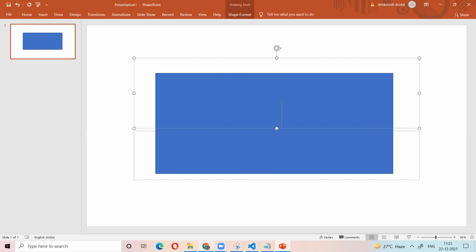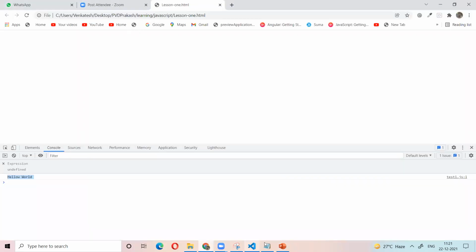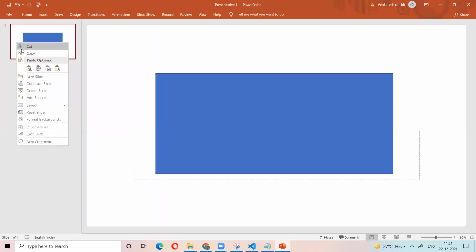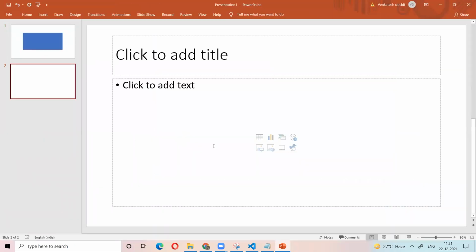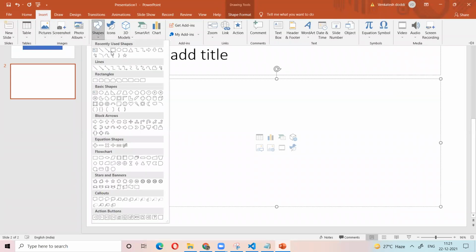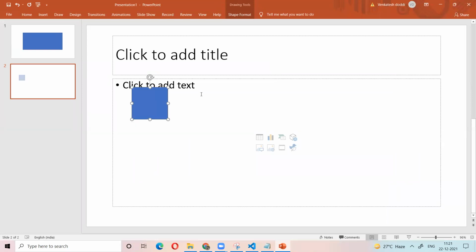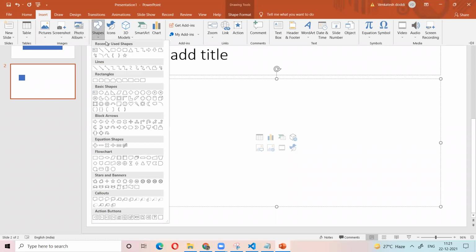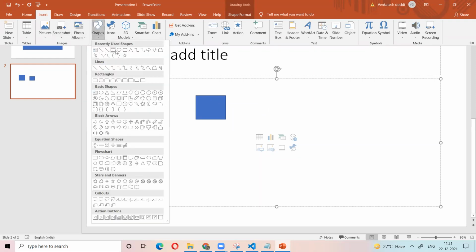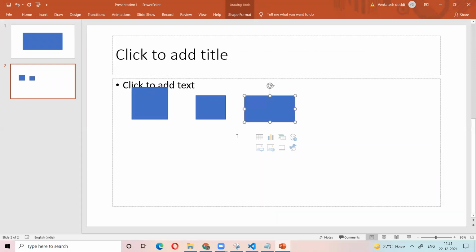Let me explain something a little bit more clearly. Let's take a small box. This is one box. This is a separate second box. So we have 3 boxes here, right?